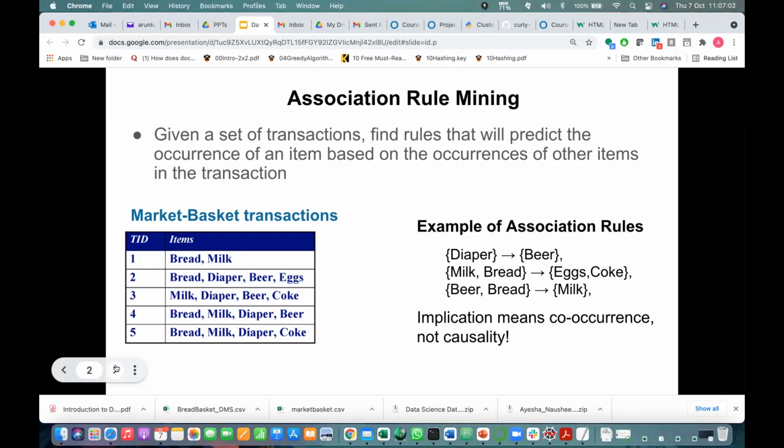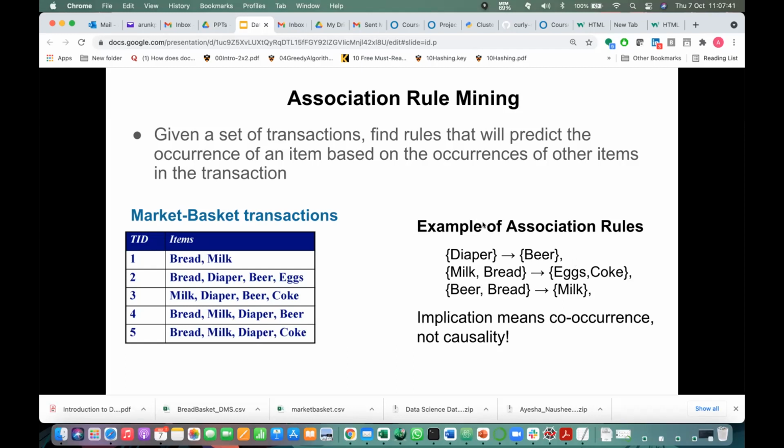So this can be extended to many other areas, and it can also be extended to classification algorithms. Initially, this is also called market basket analysis. So now, what is this association rule analysis? It is nothing but, can we say that if a basket has, suppose, diaper, it also will have beer, something like that in that basket. Most likely, whenever people purchase diaper, they will also purchase beer.